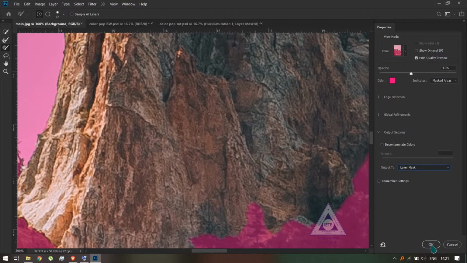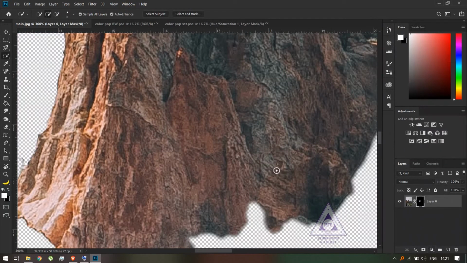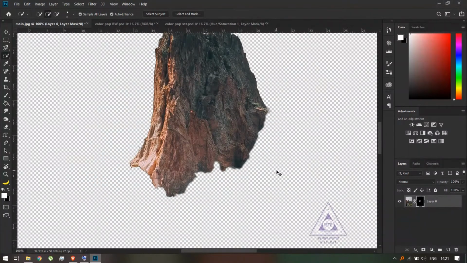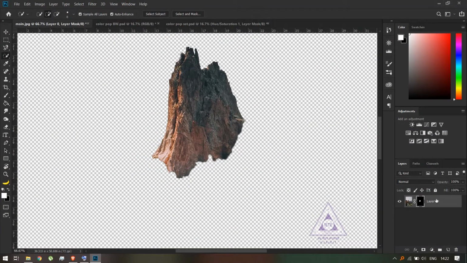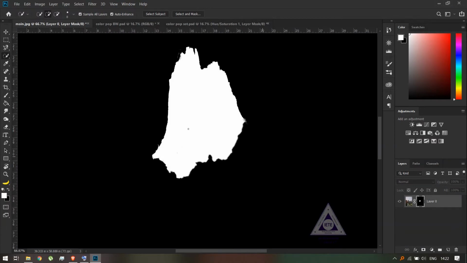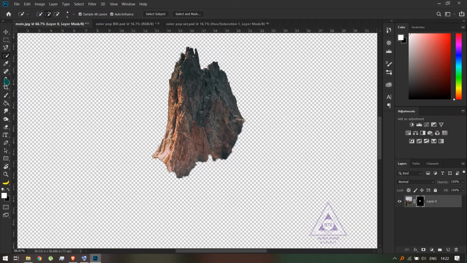So for now, let's select layer mask and press OK. Now you see, what the layer mask does is that it keeps the selection you have made, and the rest of it is just hidden. If I press the Alt button down and click on this layer mask tab, it will show the selection that has been made in white and the rest of it in black. Now if I use the brush tool, which is right here, and I use the white color, and I drag over the area, it will reveal the areas which have been hidden.